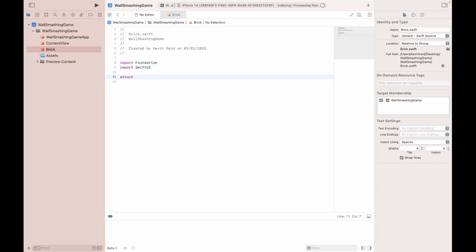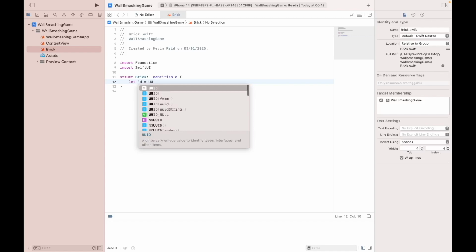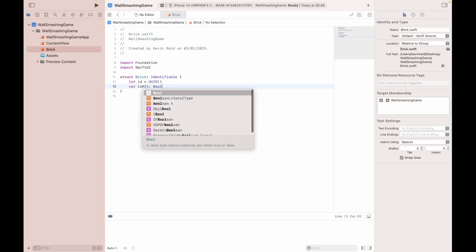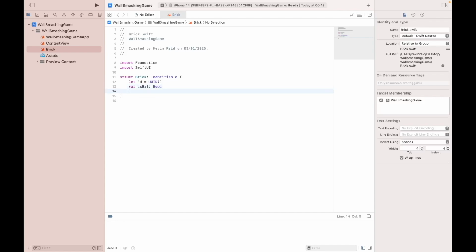Type the following: struct Brick, Identifiable, let id equals UUID, var isHit, Bool, var type, BrickType,